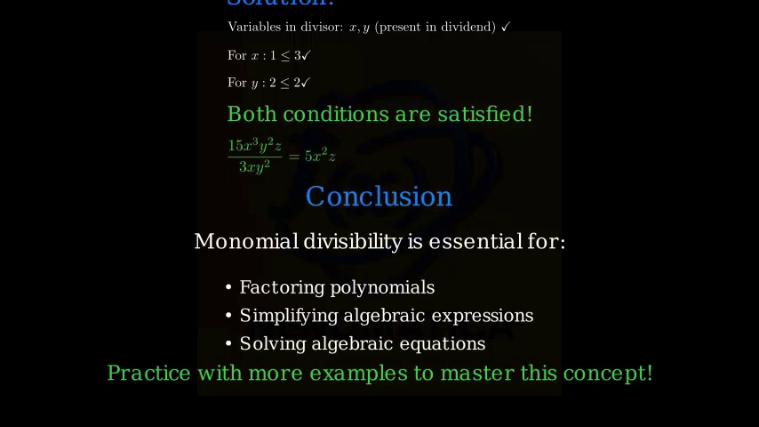1. All variables in the divisor must be present in the dividend. 2. The exponents in the divisor must not exceed the corresponding exponents in the dividend. These rules will help you determine whether one monomial is divisible by another and calculate the result when division is